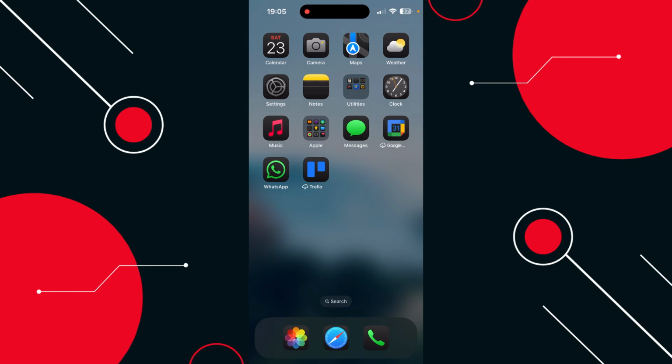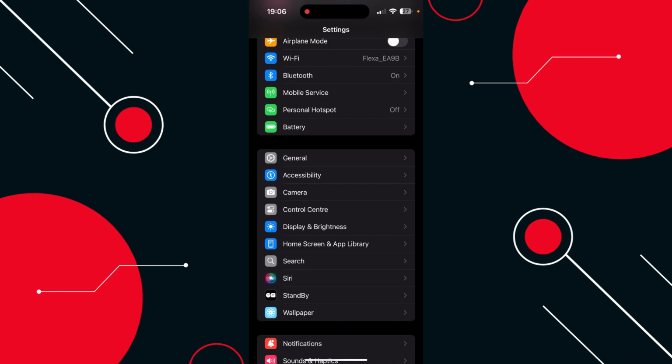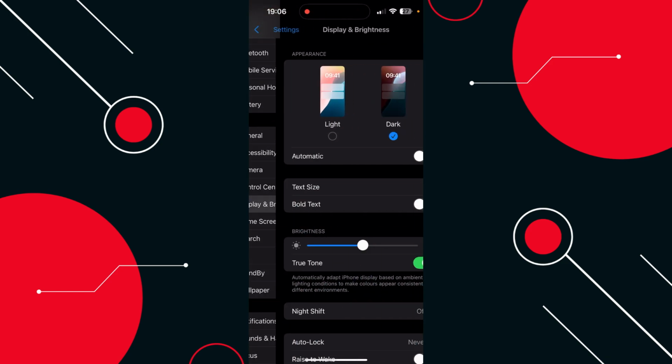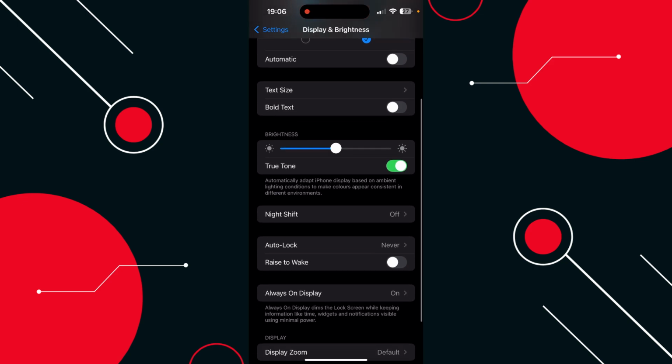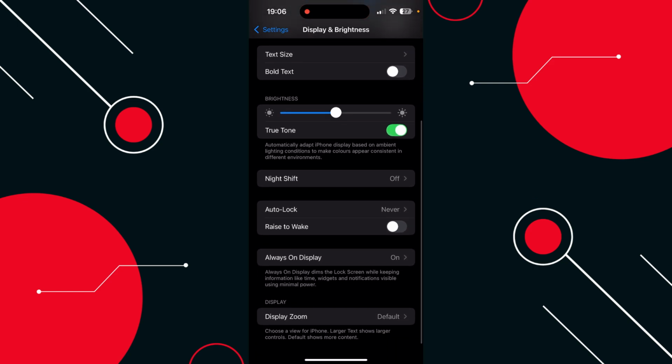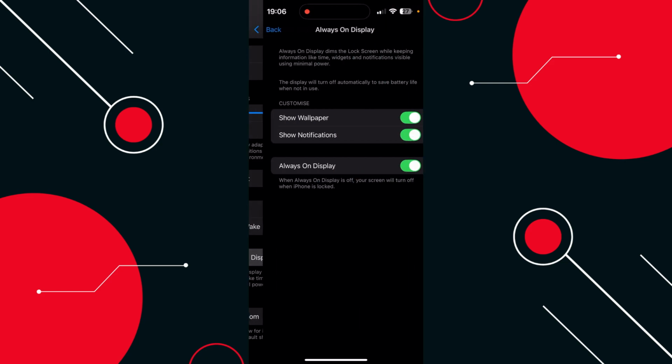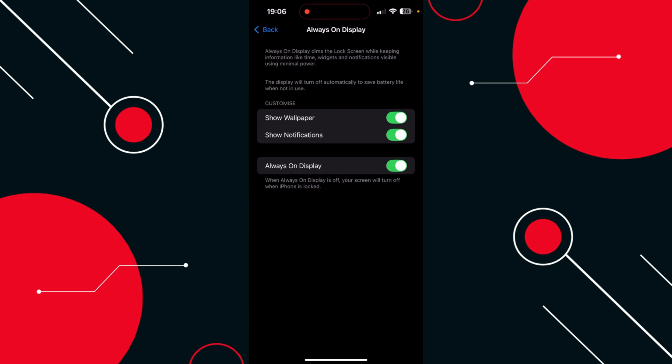what we're going to do is go into settings and then you want to scroll down until you see display and brightness. So we're just going to give that a press and then we're going to come down, and as you can see we've got this always on display and that's currently showing us on. Always on display dims the lock screen while keeping information like the time and widgets and notifications visible. So we're going to press that,